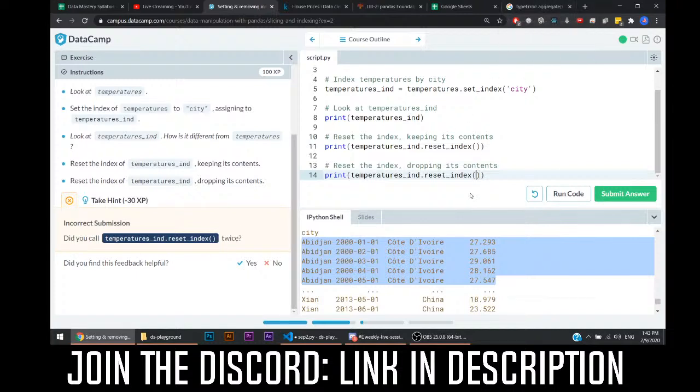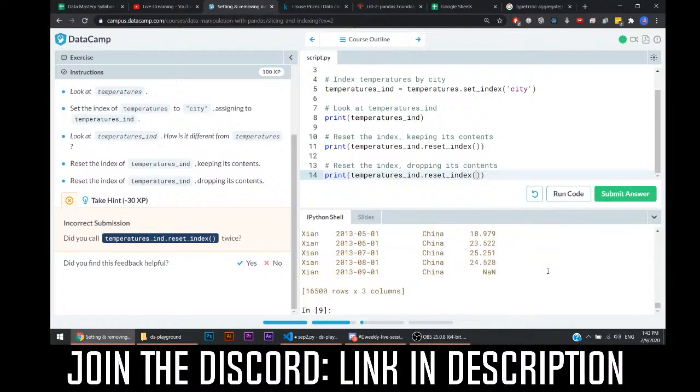Okay, so we need to drop the contents. So I don't know what the syntax is, so there's two ways I can find out. One is, again, to Google it. I'll show you both ways. The first way is to do help